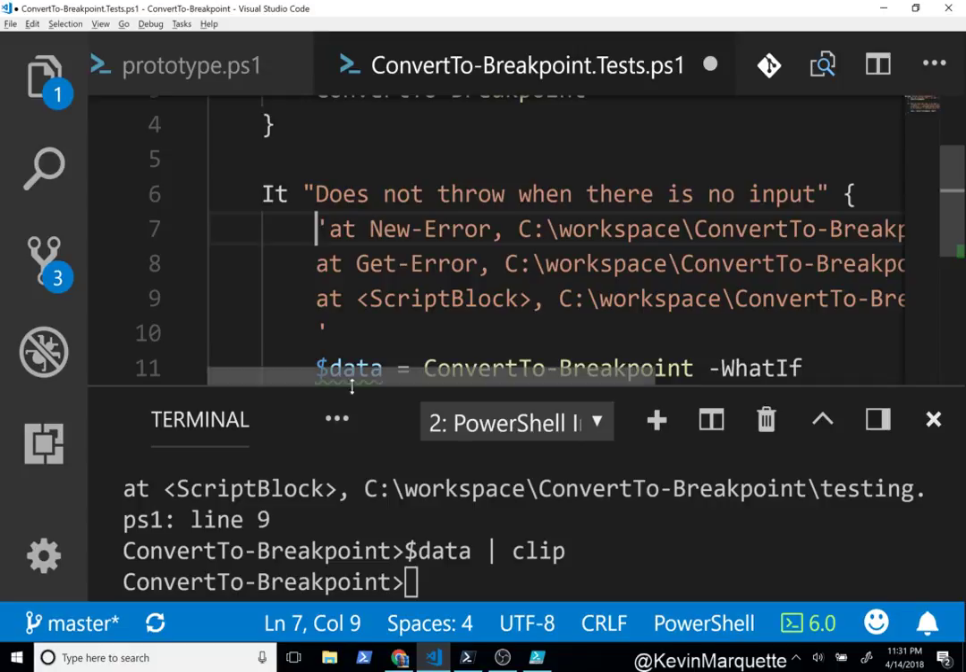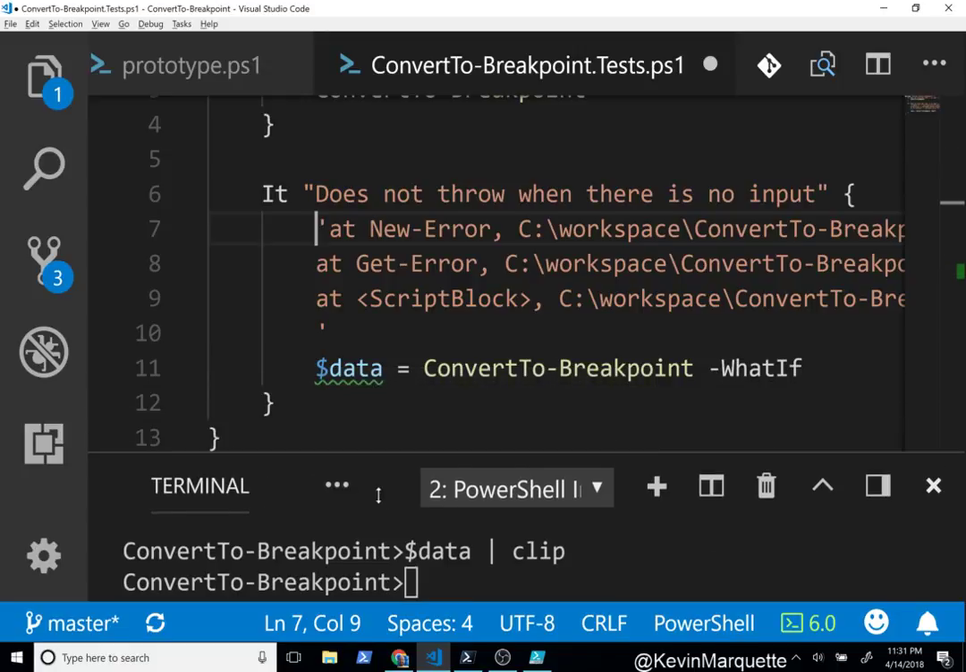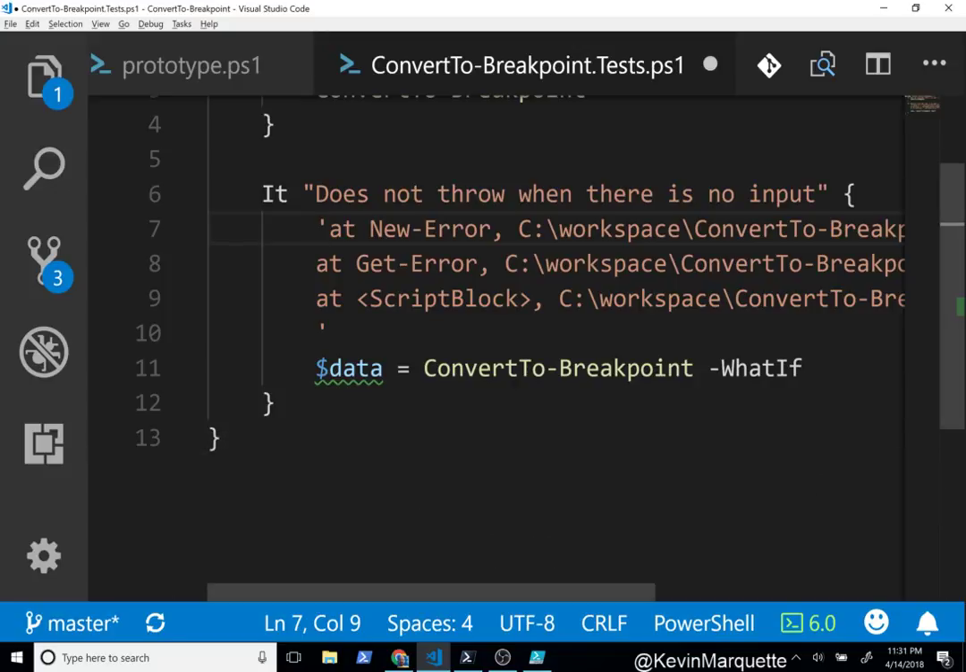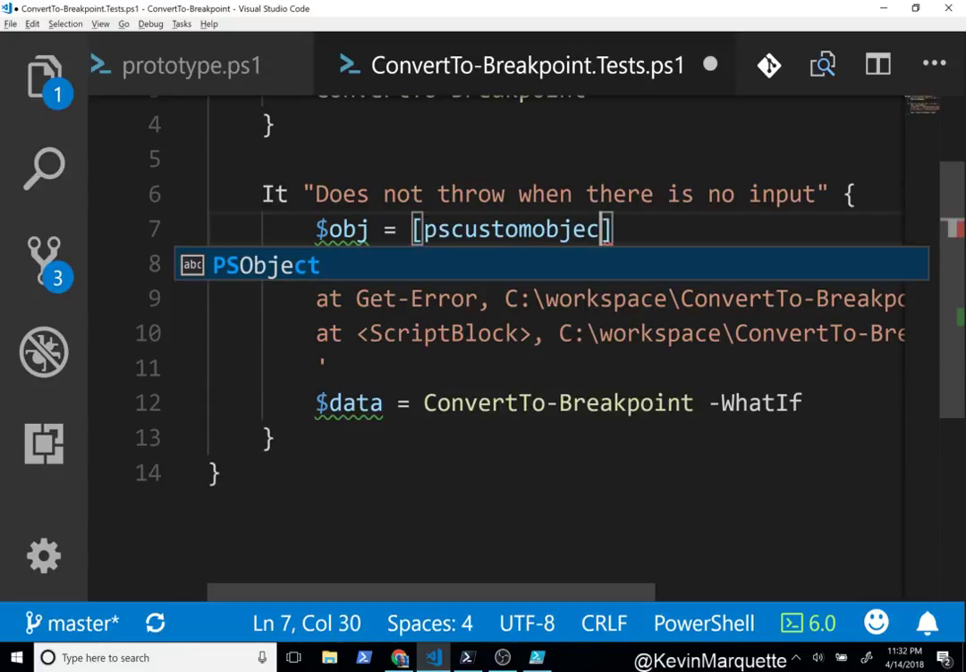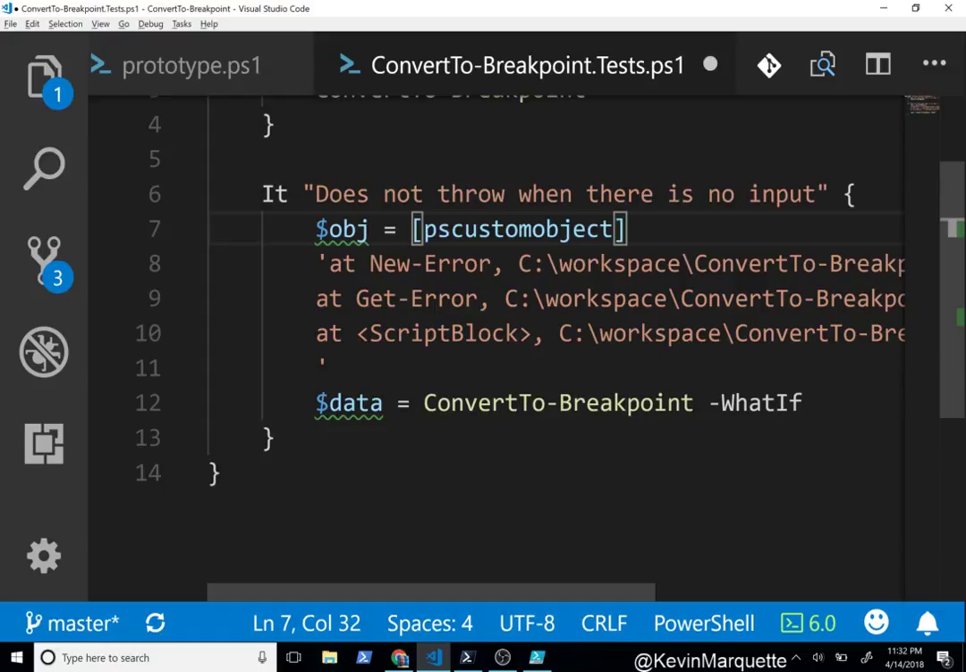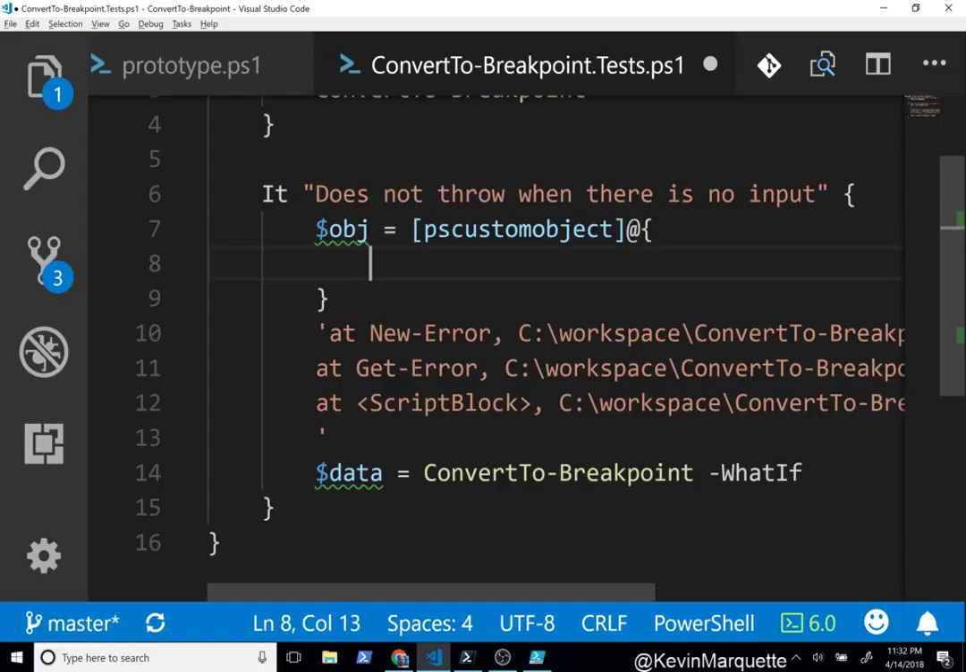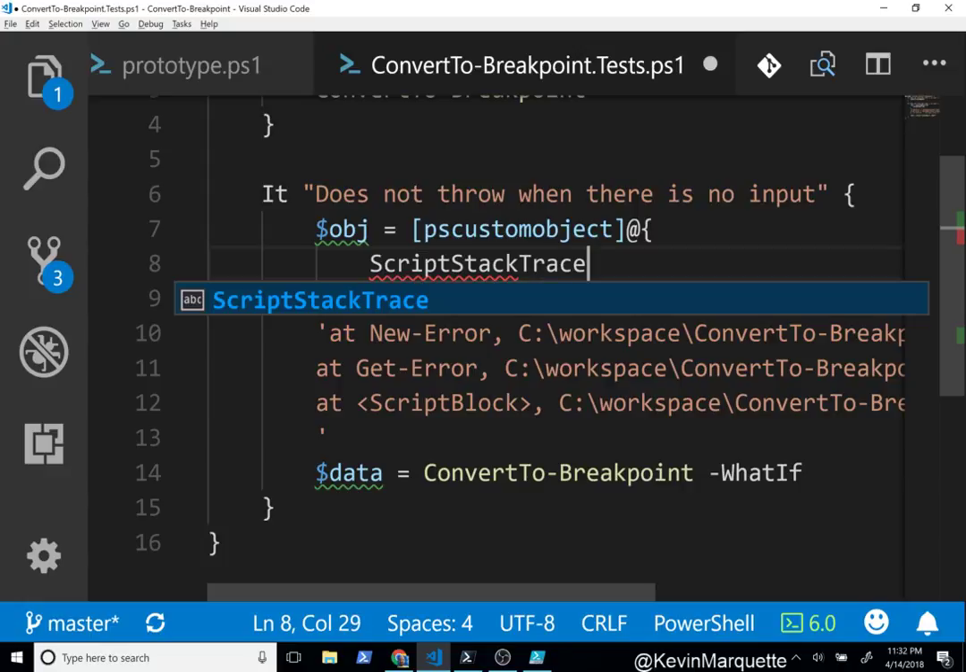Okay. I need an object to test with that looks like an error record, but it really isn't an error record. And honestly, I don't care if it's an error record as long as it has the properties I want. So let's do an object equals PS custom object, and then the script stack trace equals a,